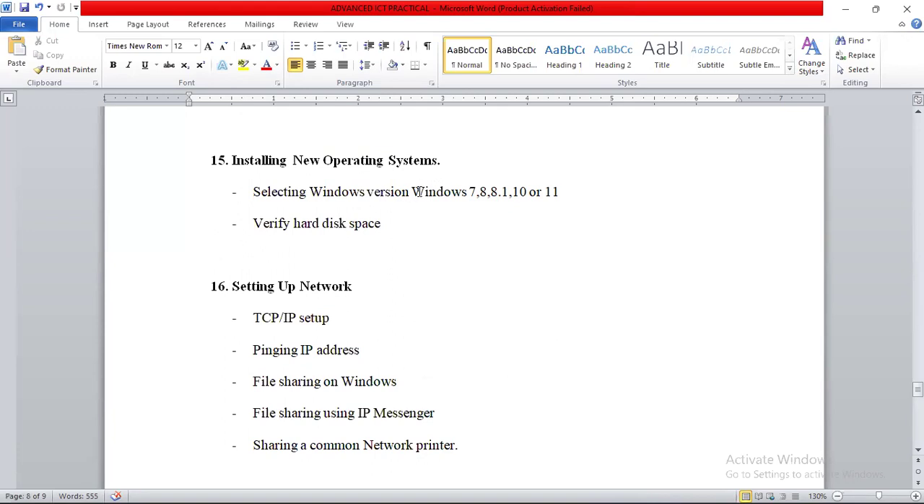So as I said, we have different Windows versions. So we have the 7, 8, 8.1, 10, or the 11. 11 is the new version. So that is what I have on the drive. Okay,